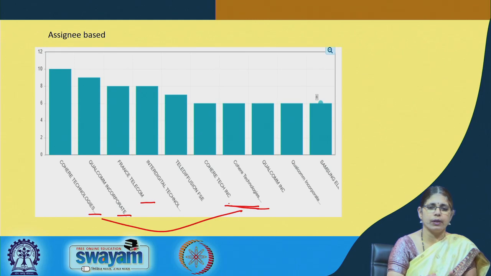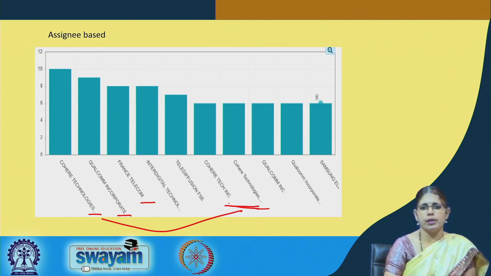So, for instance, if I were to click in the subscribe database list on the assignee and call for all the different ways in which Coherent Technologies is represented in that database, it would automatically throw up a window with all the different ways in which the names are listed, including the subsidiaries. So, those will be treated as one particular assignee.